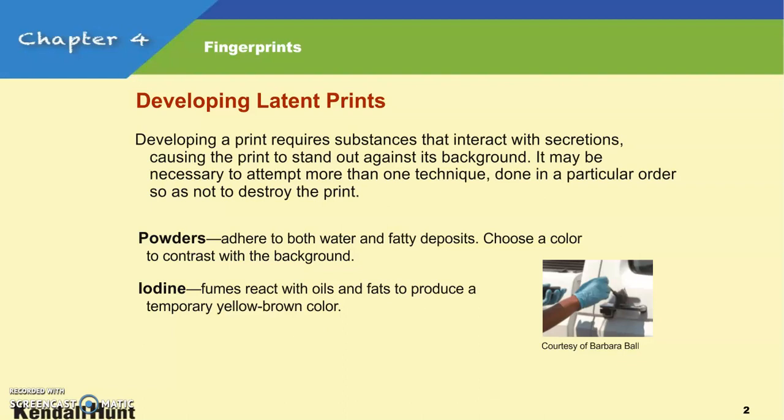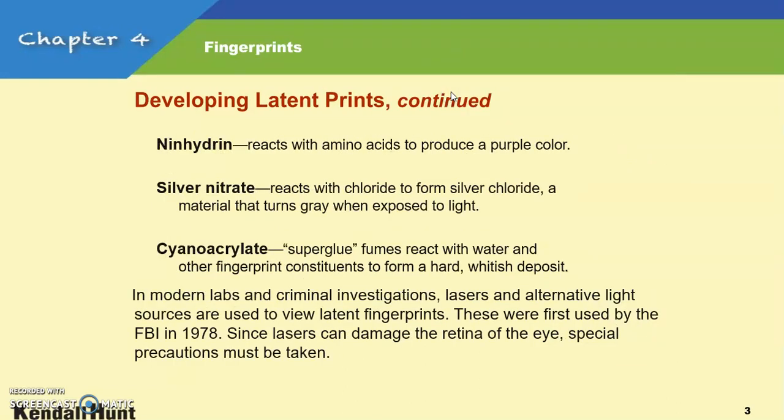Like you see here, a forensic scientist or investigator dusting the door or the handle there to try and get a fingerprint to come up. And then iodine fumes react with oils and fats to produce a temporary yellow-brown color. Some more about that. Ninhydrin reacts with amino acids to produce a purple color print. Silver nitrate reacts with chloride to form silver chloride, a material that turns gray when exposed to light. And cyanoacrylate, I'm trying my best with these words, superglue fumes react with water and other fingerprint constituents to form